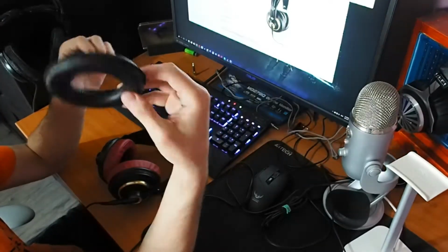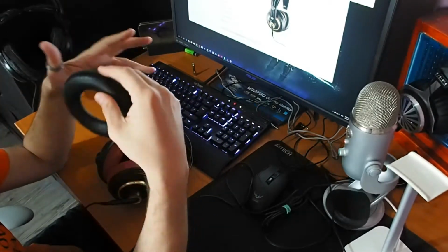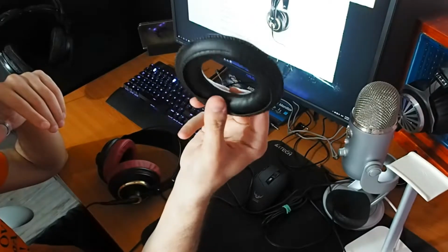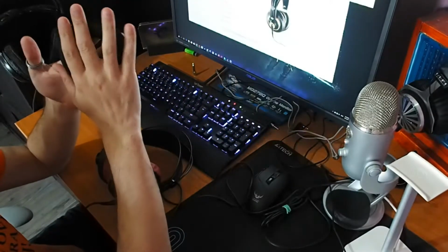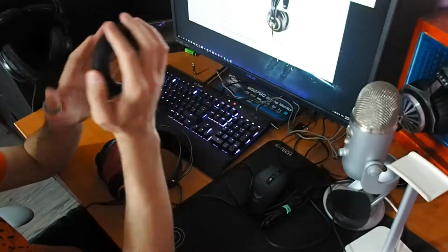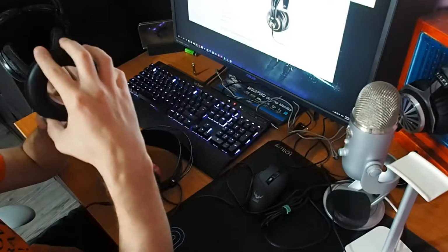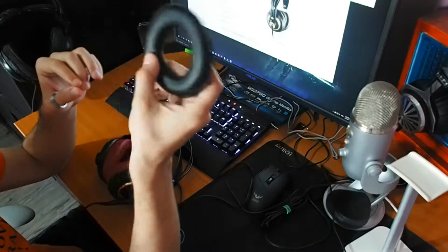To be exact, the bad part is that at least my unit came with these type of pads, which, as you can see, are number one, thin, which is not bad. Using them, you're not gonna feel the inside of the cup that much. It's not gonna be annoying or anything. They are fairly big. But that said, the problem is